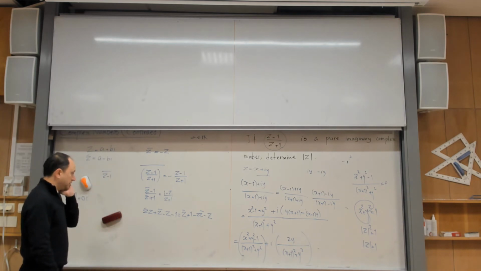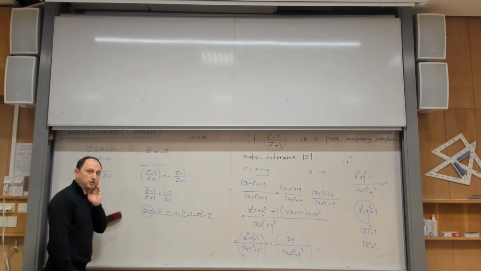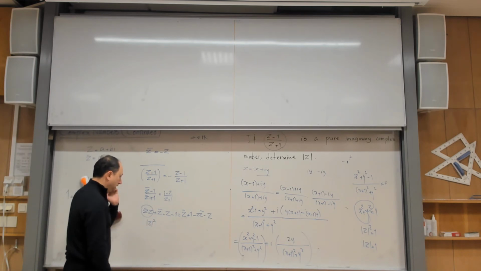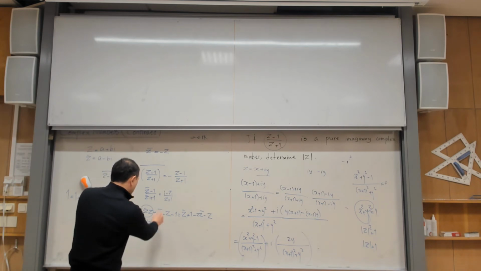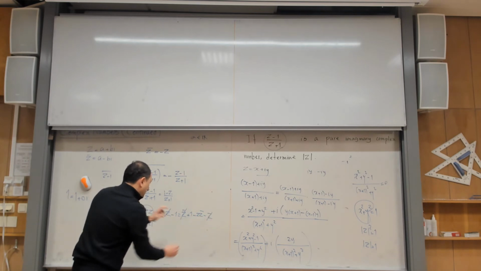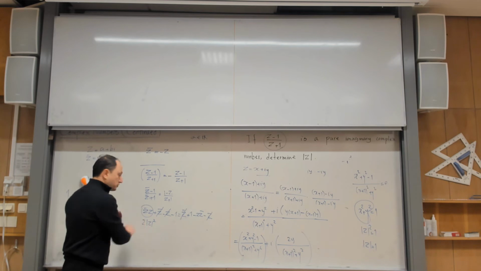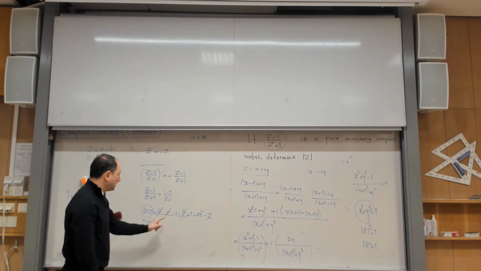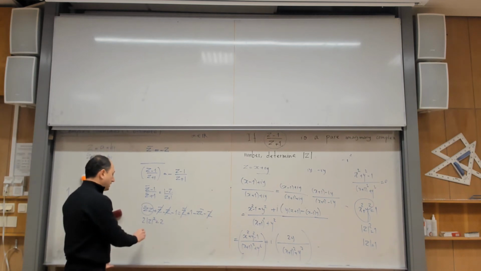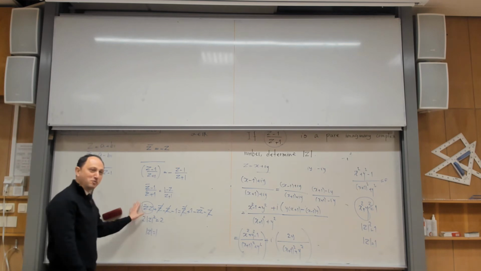Understandable? Okay, let us see. Can you tell me what this is? It is the absolute value squared. By the way, z bar and z bar are gone, and minus z and minus z are gone. This is also the absolute value of z squared. I move it to the other side and it becomes 2. Then I move minus 1 to the other side, and that also becomes 2. So then the absolute value of z is how much?